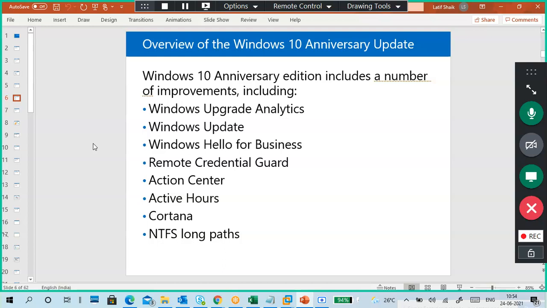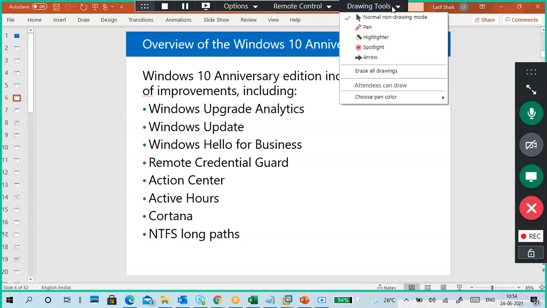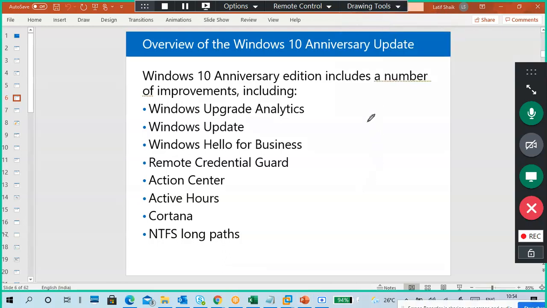Okay, Windows Upgrade Analytics. What does Upgrade Analytics mean? Windows 10 changed the entire prospect of the Windows operating system. If you purchase a genuine Windows 7 and your system is Windows 7, Windows 7 became widely used, and moreover the support for Windows 7 updates has closed.